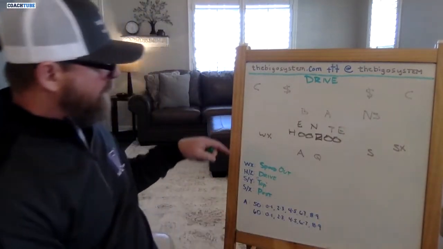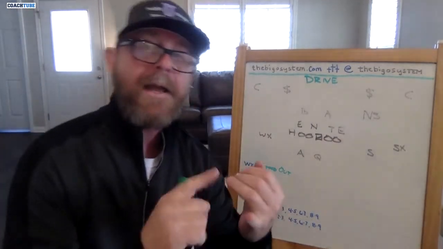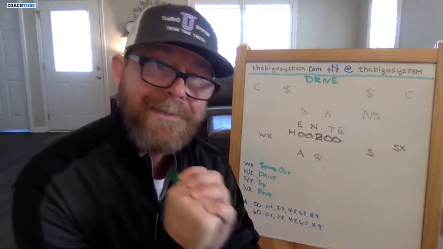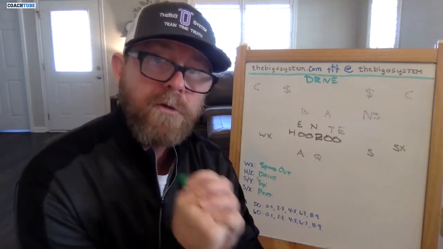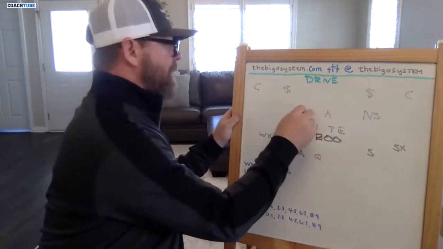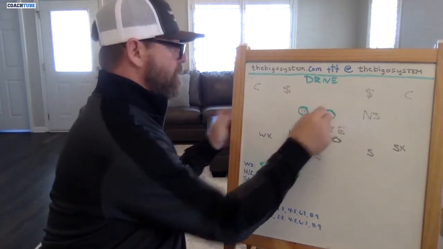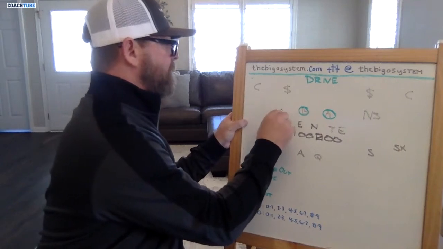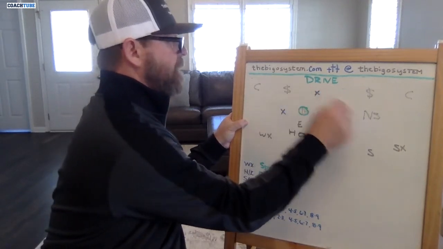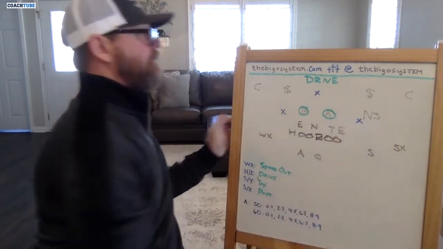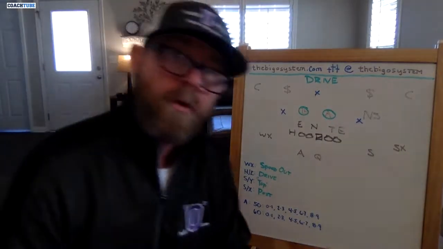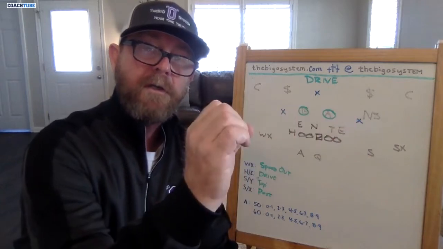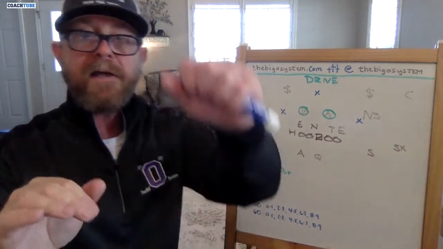When we run any of these 4 linebacker read concepts, which is what we're specifically talking about in this video, what we're going to do is put a triangle around these 2 football players, okay? At the end of the day, we're going to end up with somebody here, and somebody here. And our quarterback is going to read from one linebacker on his first look to the second linebacker in a